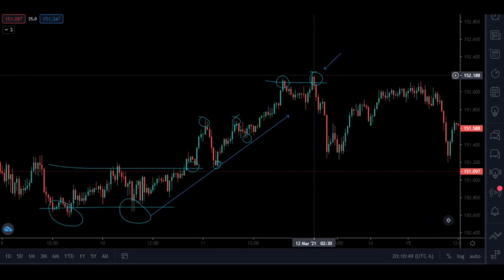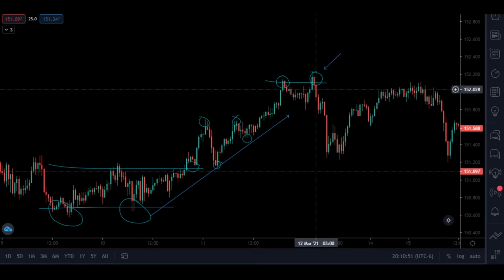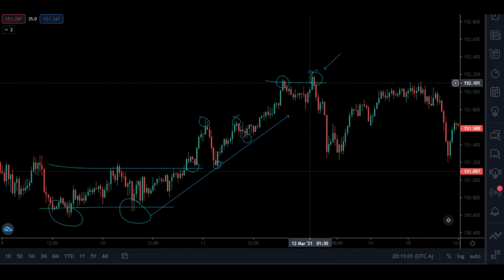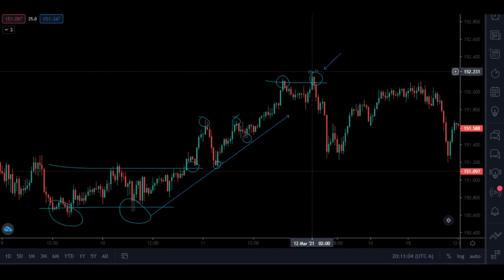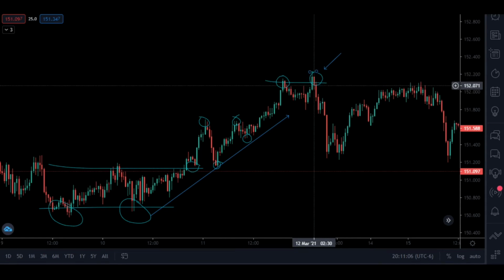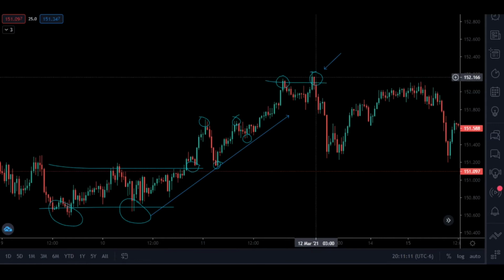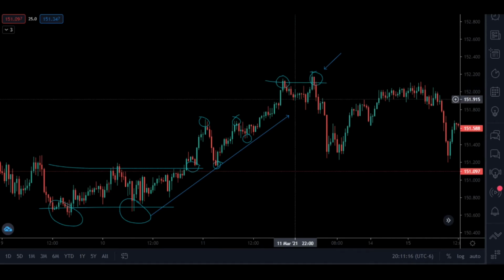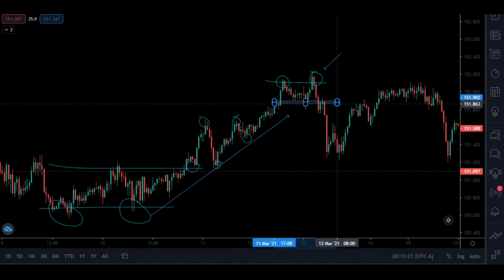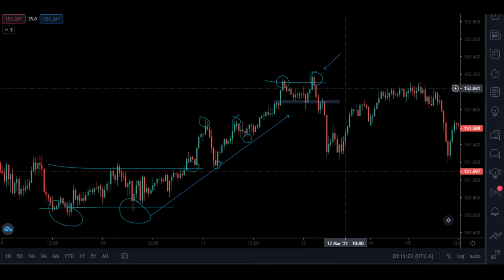Price reversed, made a fake out. Usually that's what's gonna happen when you are trying to identify these double tops and double bottoms. You will usually have a fake out. In the lower time frame this is gonna look like some wicks. Actually in the higher time frame, sorry, in the 1 hour you will see it as a wick, but here we are in the 30-minute time frame and it closed back below this high. So now we identify the neckline,